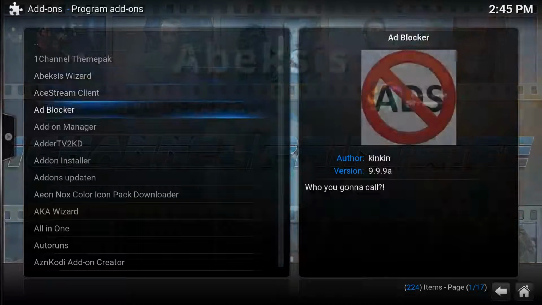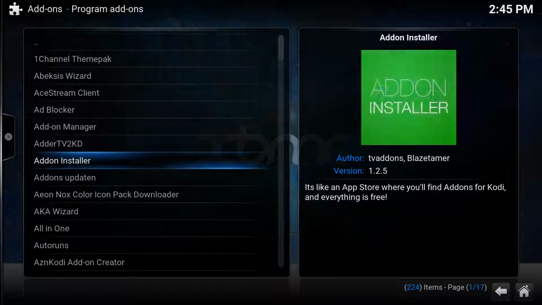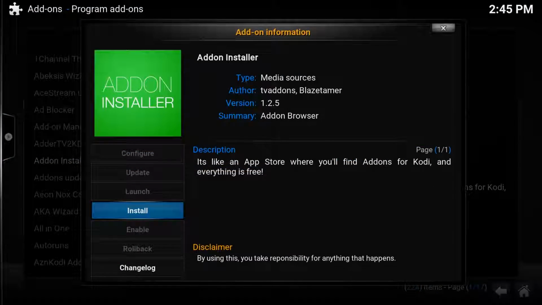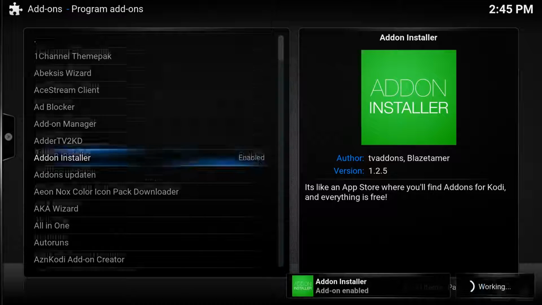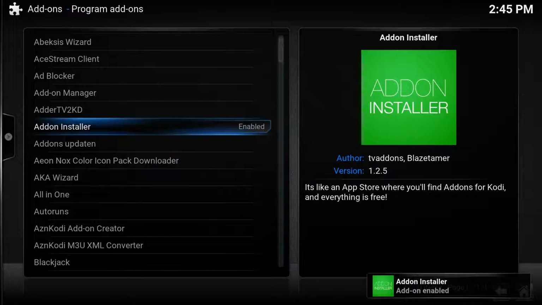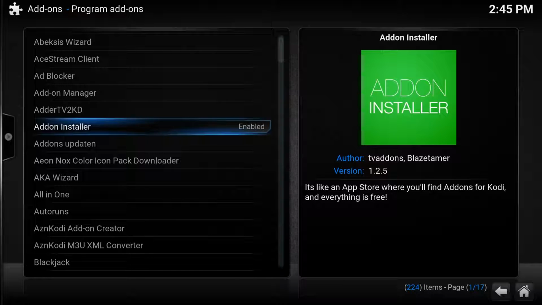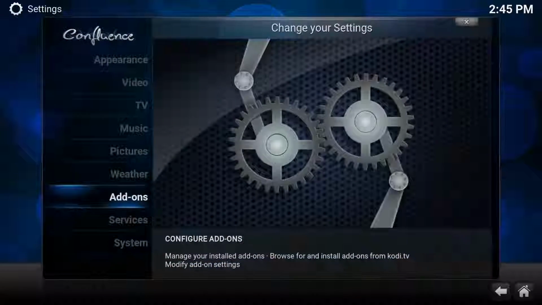Now this program is Add-on Installer, and think of this as, we call them wizards or something. Basically it opens up a sub menu where you can install other features from within there. I suppose it's not a wizard in particular, we'll look at those in more detail later on, but this is like an add-on within an add-on, if that makes sense. We'll look into it anyway.